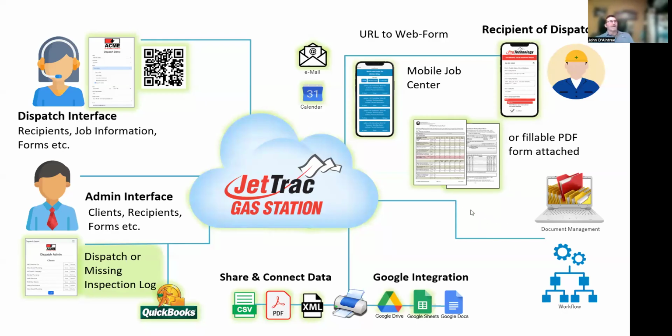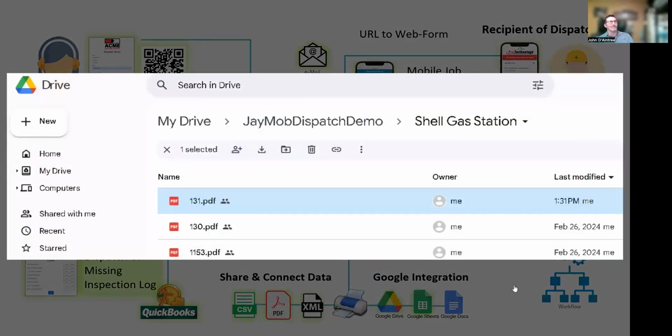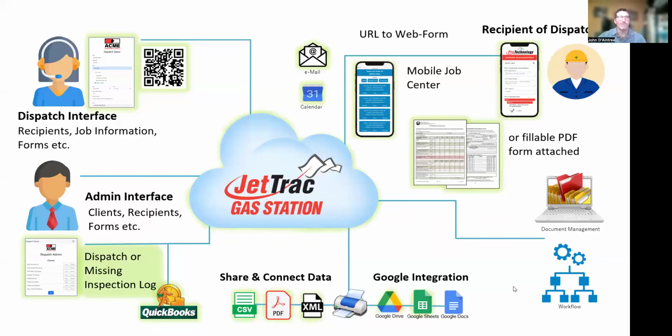That's great. All right. So once it's filled in, as I said, we can send it down some kind of workflow. If we need a manager to approve it or someone at head office to review it before they sign off on it, we can do that. And then we have all the data. We can stick it up into Google Drive, and you can quickly find it when you need it. We can name it what we need to, so you can easily search for it